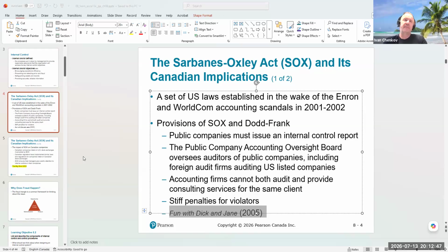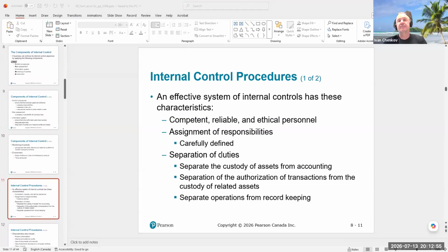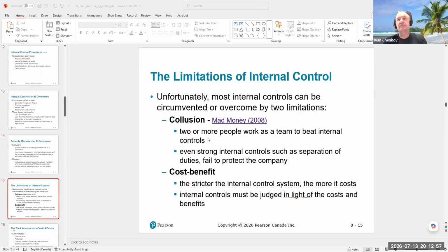The market crash in the US is The Big Short. Mad Money is related to collusion and how two or more people work as a team to circumvent and beat the internal control system. And you can see that if the people are smart and intelligent enough, it will be very hard for them to get caught. Which reminds me, when I was a student, when I was sitting where you're sitting,